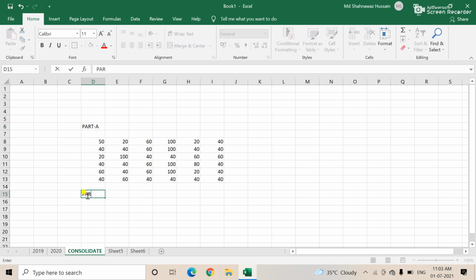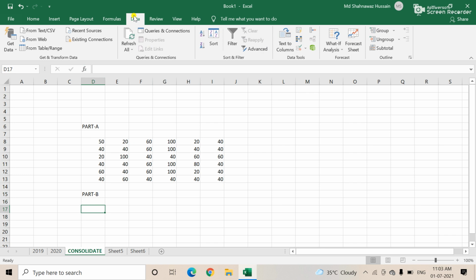And next, many things are there. See, I am going to discuss part B, where I am showing you how to apply the consolidated data. Very simple. First, you see my cursor is here. In the case of part B, with the second condition, you put your cursor anywhere in the sheet. Suppose my cursor is here at D17.